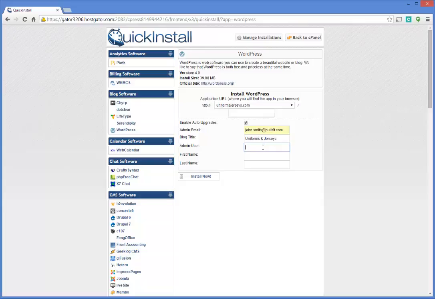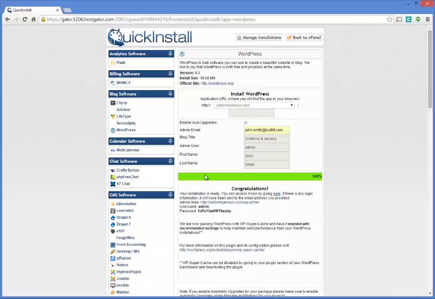So admin area, we'll just call it admin. First name John, last name Smith. And then go ahead and click on Install Now. So what's going to happen here is while we're installing, notice it's telling me we're at 1% done, and then it quickly gets going. And the reason I call these a quick install is because it truly is a quick